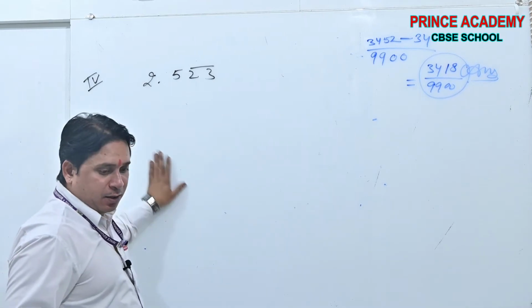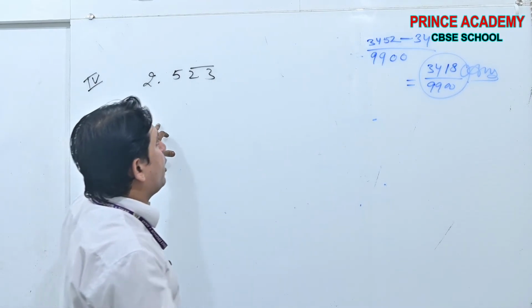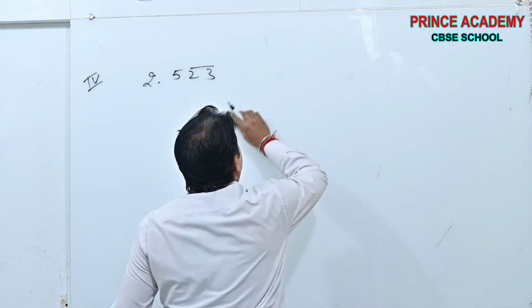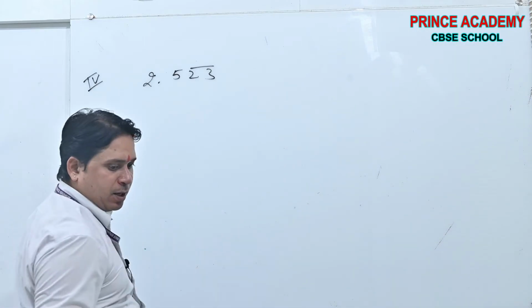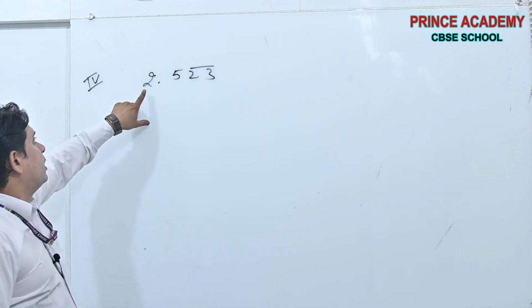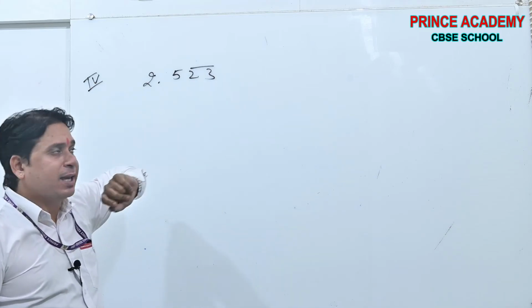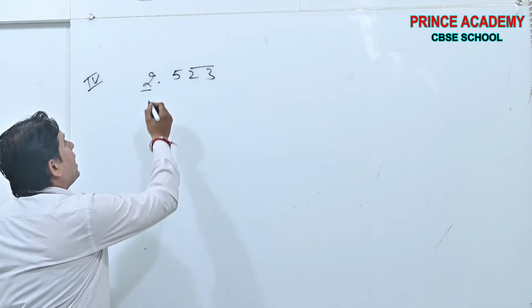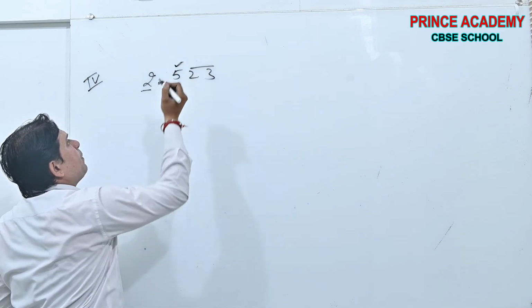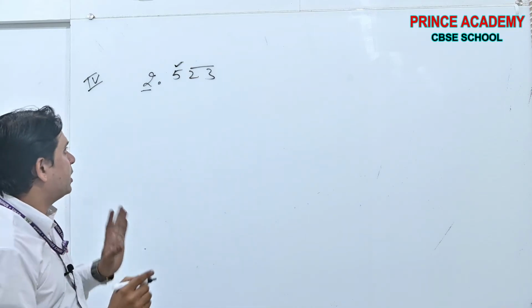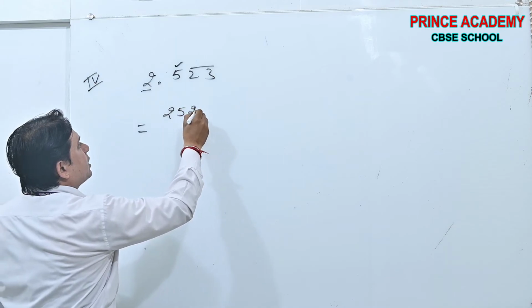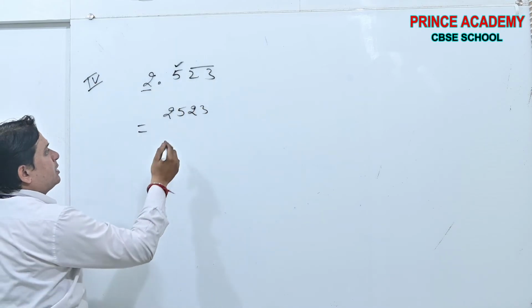Now see beta, we will discuss fourth type. Now we are going to discuss fourth type. See beta, in fourth type, suppose this is the example of fourth type. See, here before decimal is something and after decimal something is non-repeating. Okay, now see, what will we do? Write the whole number as it is. Whatever is the number, write whole as it is. Divide by.